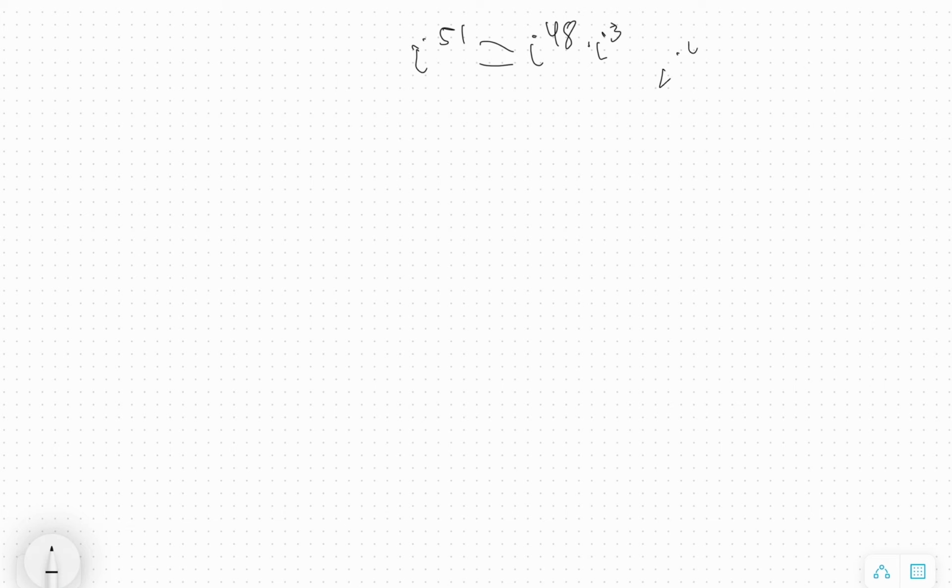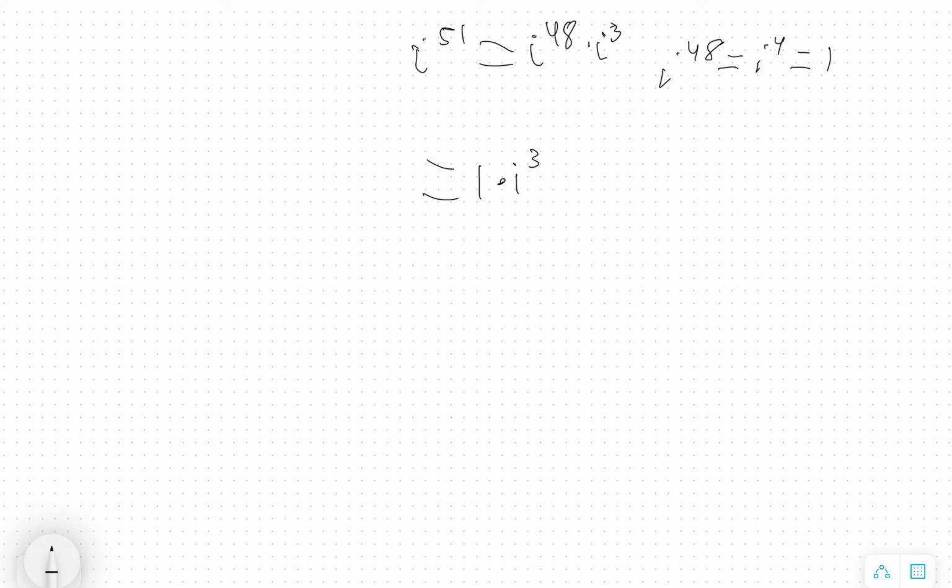So let's make a side note. I to the 48th equals I to the 4th, and that equals 1, okay? And then let's see. This equals 1 times I cubed,